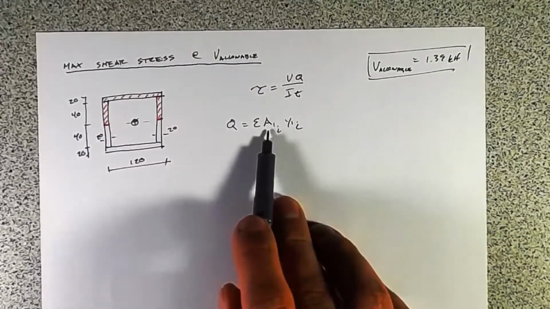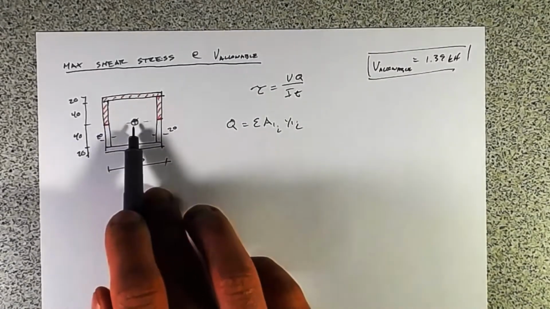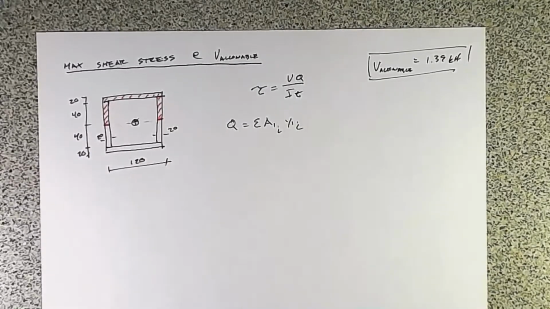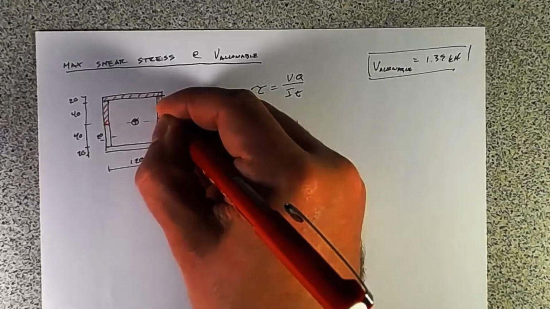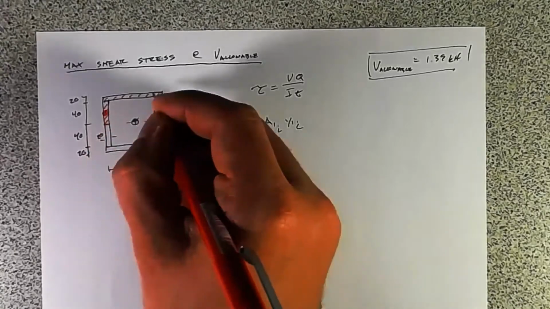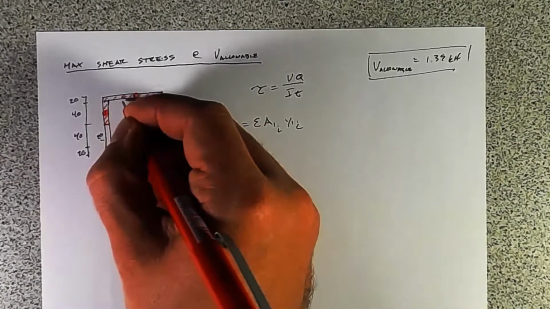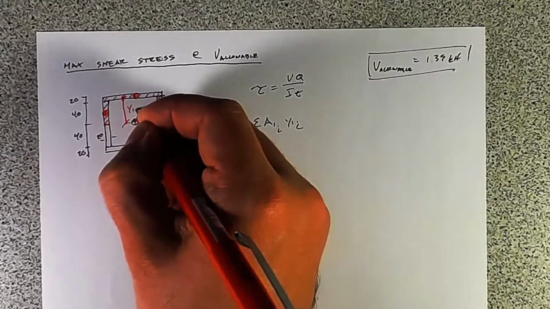So the area of each little piece times the distance of that neutral axis to the centroid for each of those. So for each of these pieces, there's a centroid there, there's a centroid there, there's a centroid there. So there's a distance, we'll call that Y1F